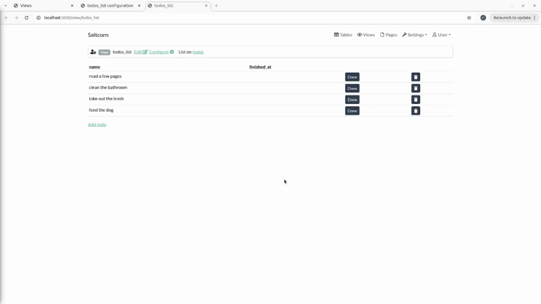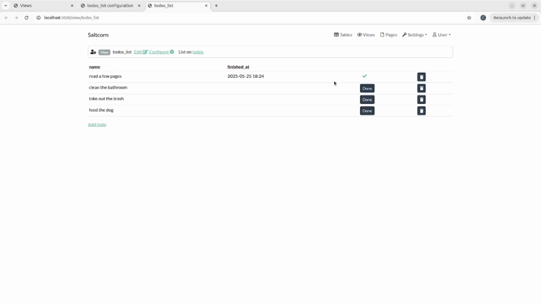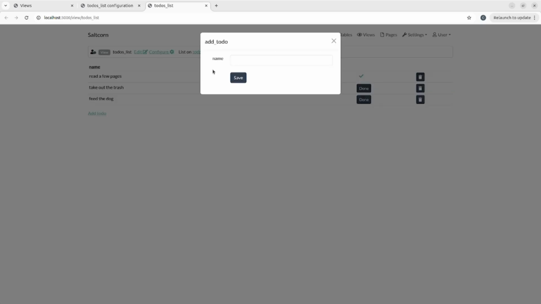The list is pretty straightforward. You have the done button to finish a task, and the date appears with a check mark, or use this to delete the task. If you want to add a new to-do, use this pop-up,